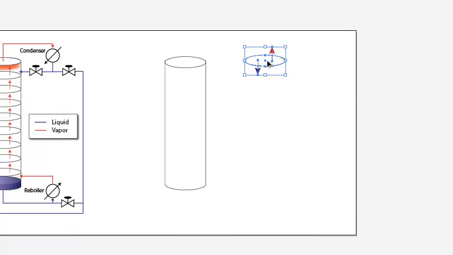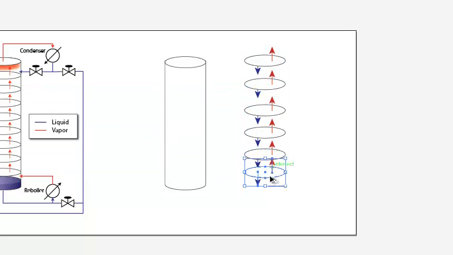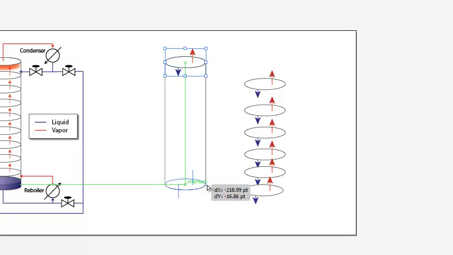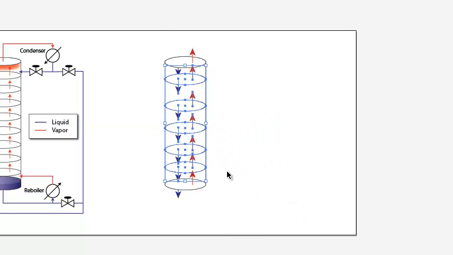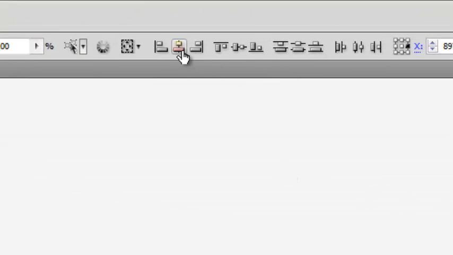Now I don't want to do that however many times I need to, so I'm going to select that, hit Alt, make copies. I don't know, 1, 2, 3, 4, 5, 6. I don't know how many I need, but I'll just make enough. So I don't want to take the time to try to position these perfectly either. So I'm going to take these, move them over the column I've already built,